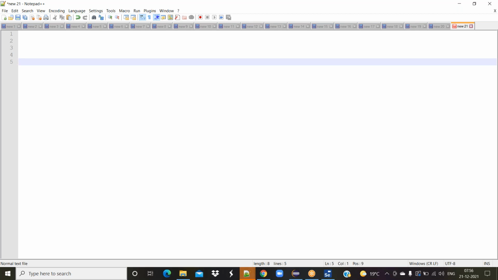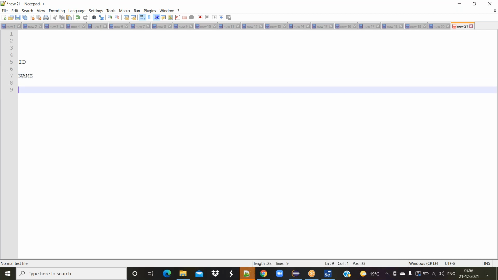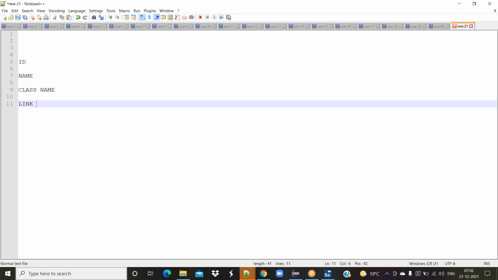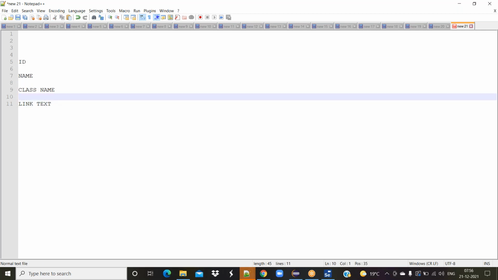Those are ID, name, class name, and link text. These four are the different attributes which are supported by Selenium.